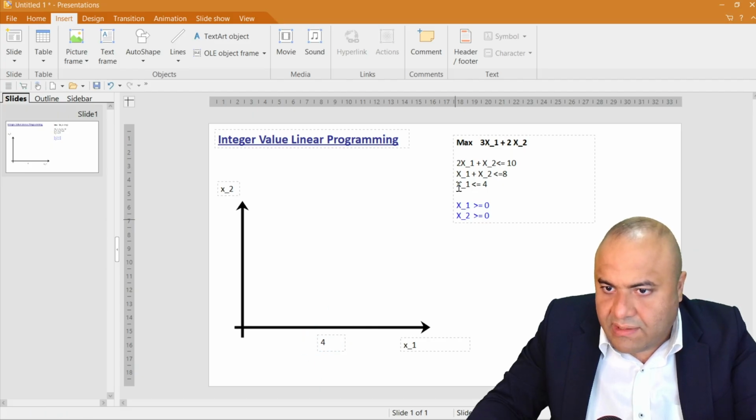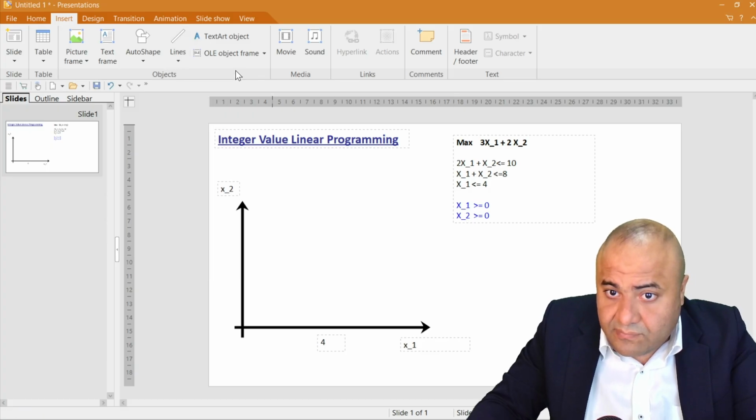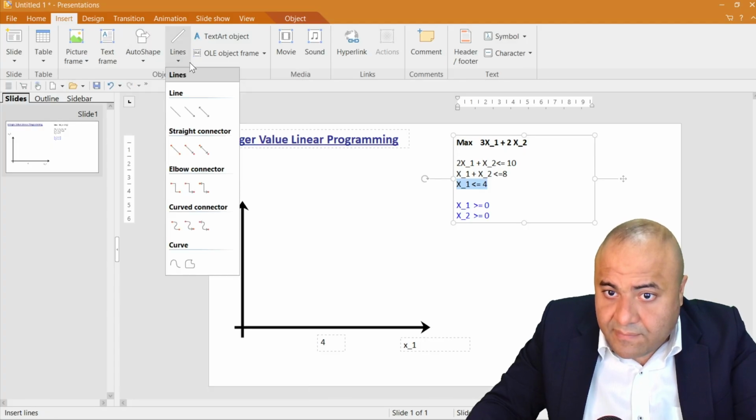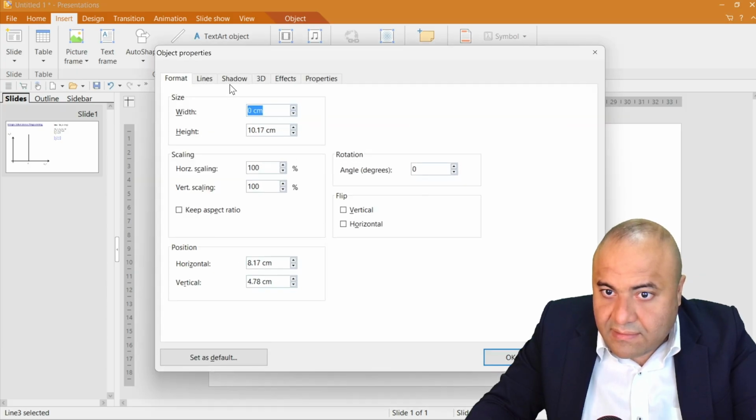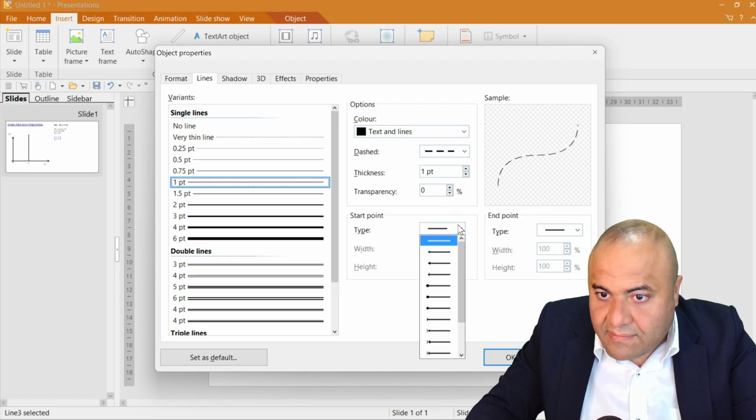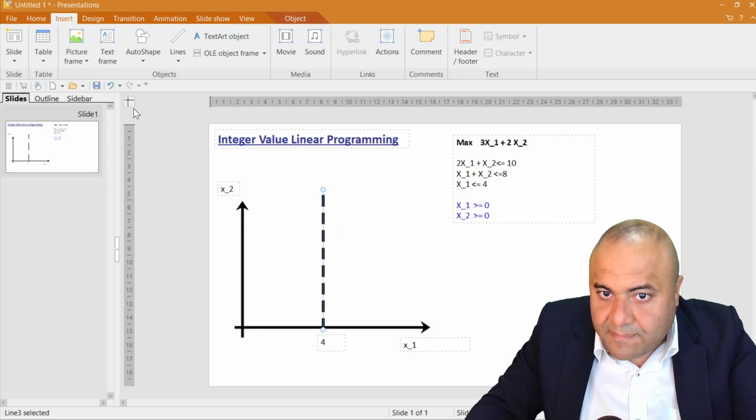So here is 4, and we know x1 is less than or equal to 4. So let's have this one. We put a line that extends from here. Let's take this line and we can make it like this. So this line,